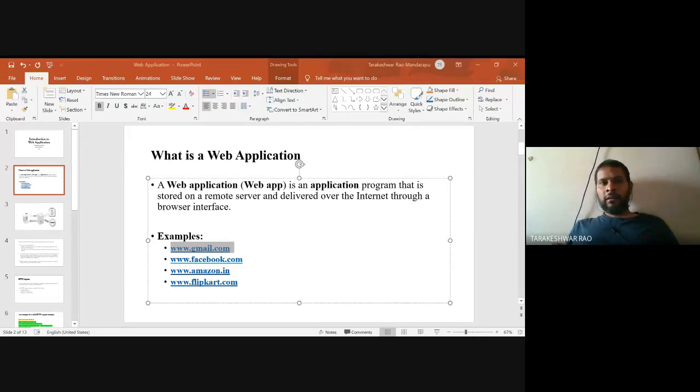So what is the key factor for standalone applications? It does not require internet, right? So what are the features of standalone applications? Does not require internet to use, right? So this is the first feature, and the second feature is only one user can use it at a time.